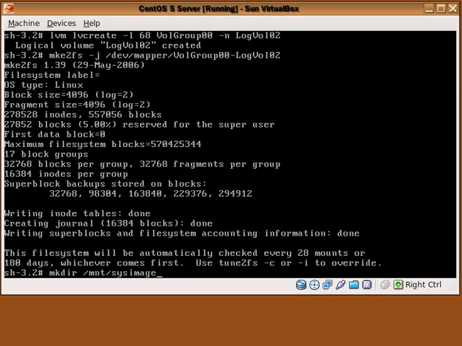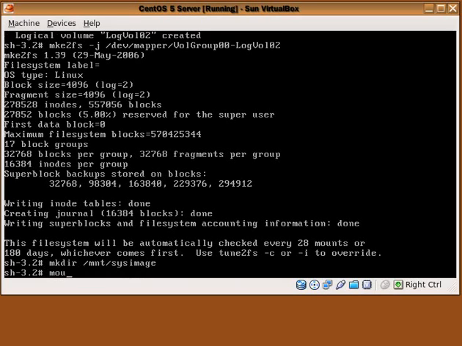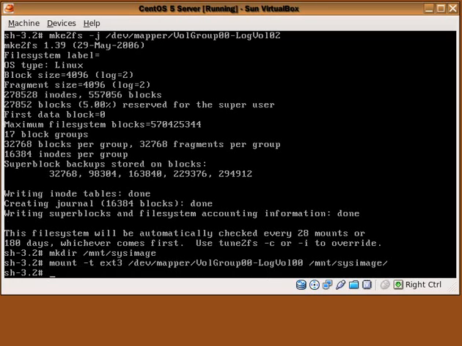Now I'll mount -t ext3 /dev/mapper/VolGroup00-LogVol00, that's the first partition, and then the mount point that I created. There we go. Now what I want to do is edit /mnt/sysimage/etc/fstab,